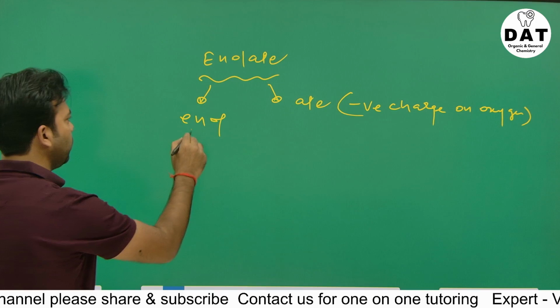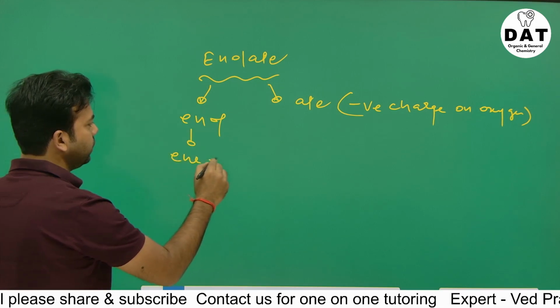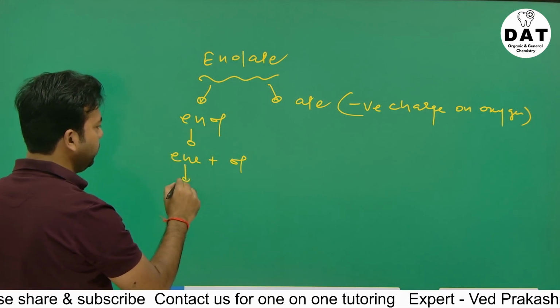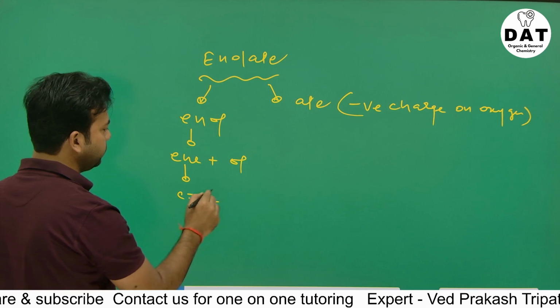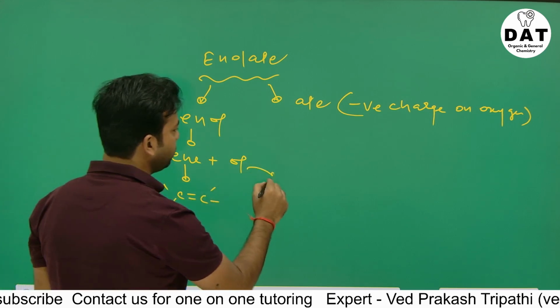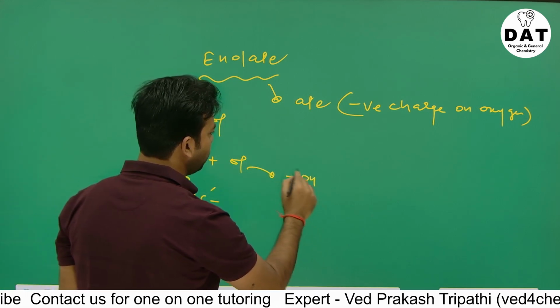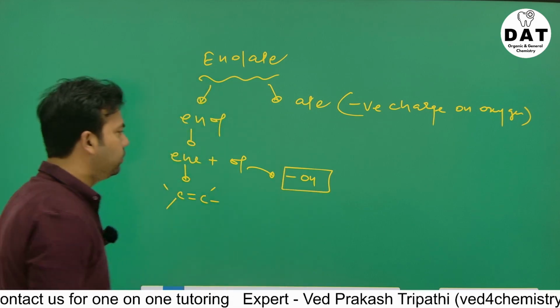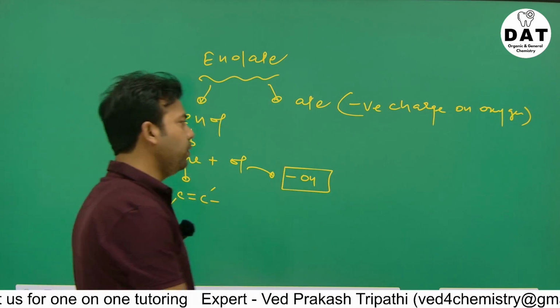And enol is what? En plus ol. En means carbon double bond carbon. Ol means when you have an OH group. Clear? So simply we can say when